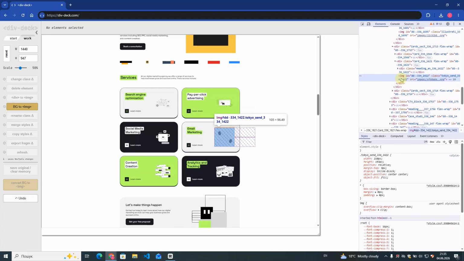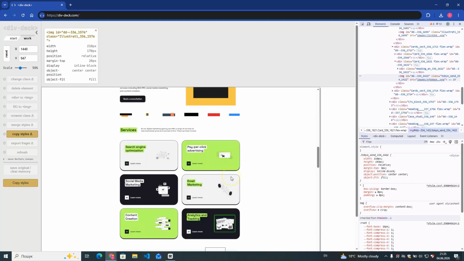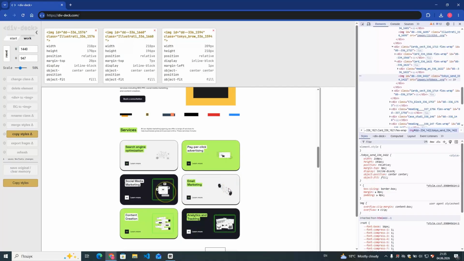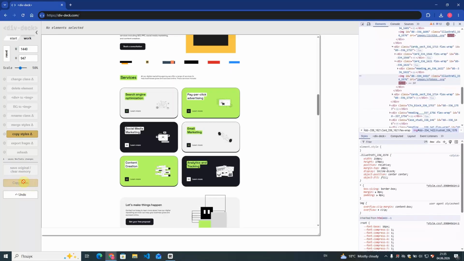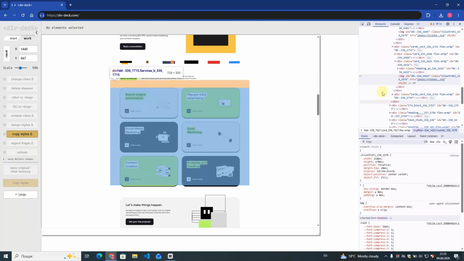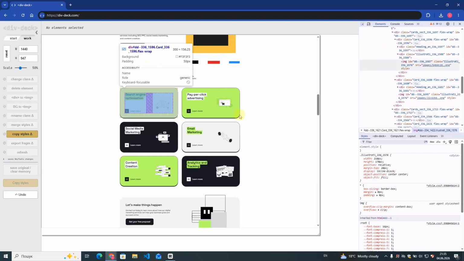As you can see, all images are now image elements. Now let's use Copy Styles. Here, all image sizes are different. Let's copy the styles from the largest image. Now all images have the same size. Later, you can fine-tune the responsive behavior of these images